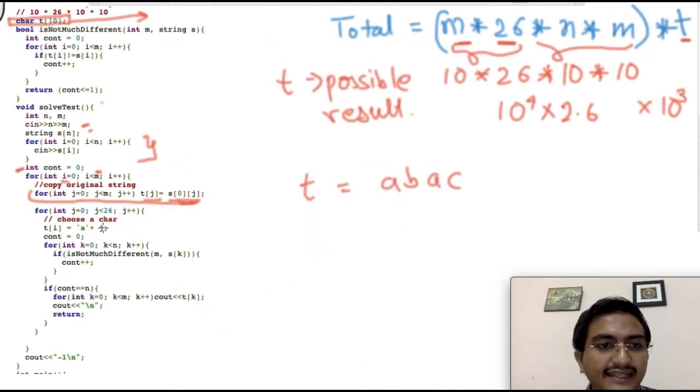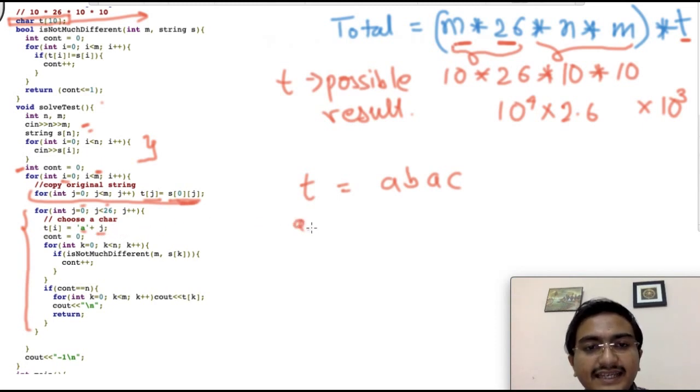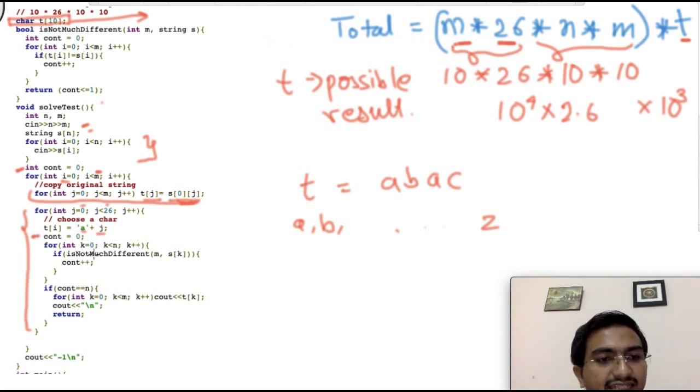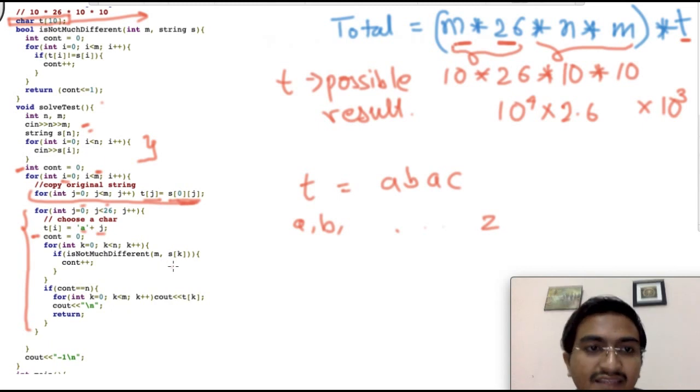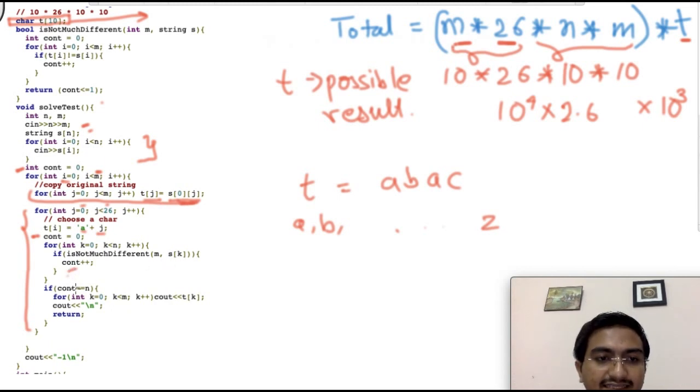And then I'm just choosing a character from 0 to 26, that is nothing but small a plus j. So that will give me a, b, c till z. Then I'm maintaining the count variable as 0, and checking with all the n different strings, if the given answer is not much different, then count plus plus, right?